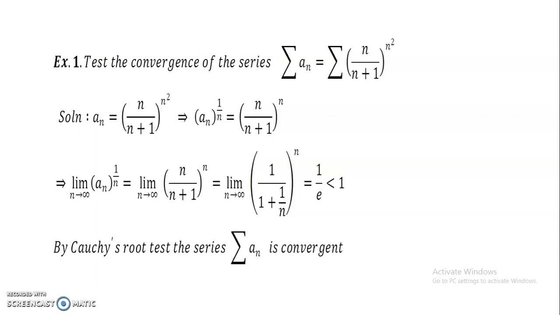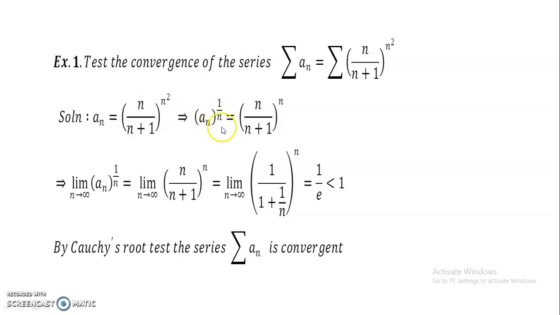First, that is one example: test the convergence of the series n by n plus 1 power n square. When you apply this Cauchy root test, it is only for a series which contains a power, like n square, n cube or n power n, so that the root is there in that series. Only then can you apply the Cauchy root test. So in this case we have a_n is n by n plus 1 power n square,